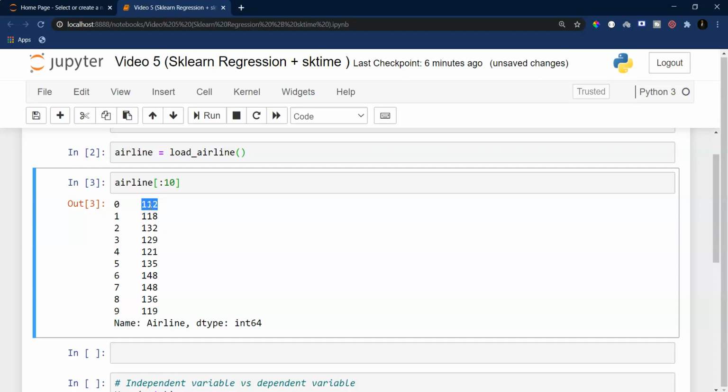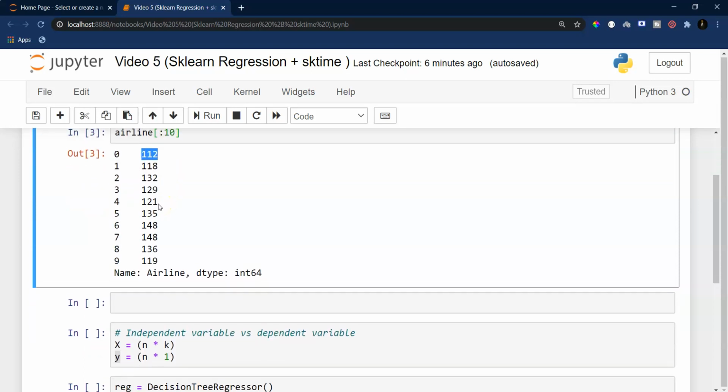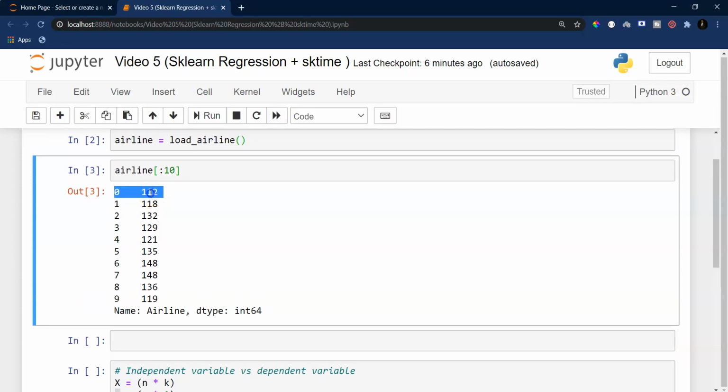But to predict this 112, I need some features. I can say that to predict the 112 value, I will take help of the previous 10 values.